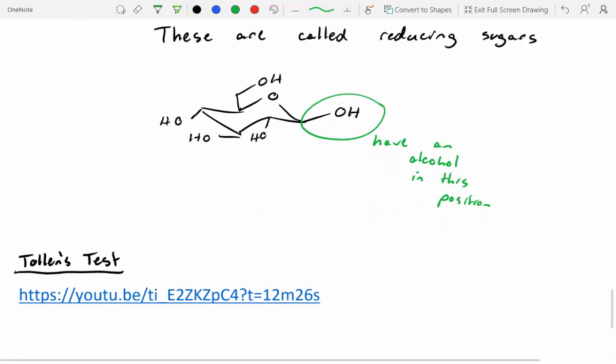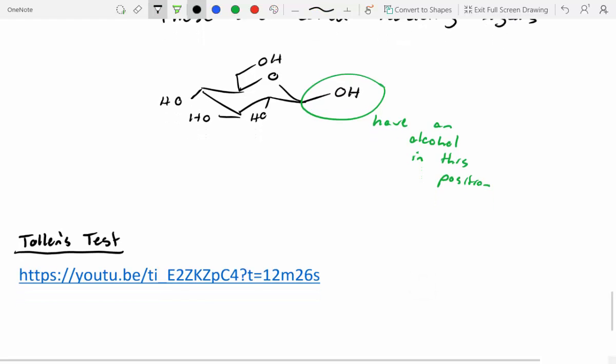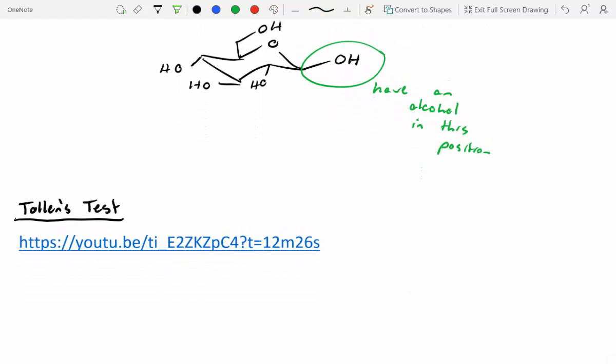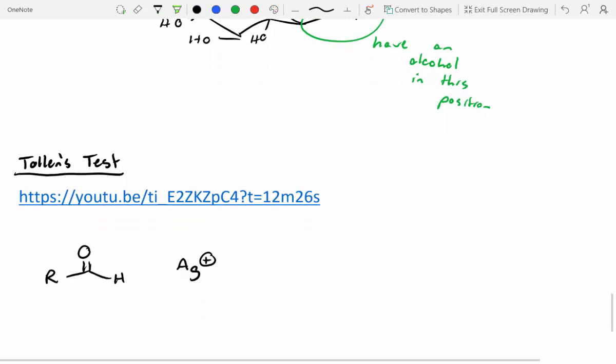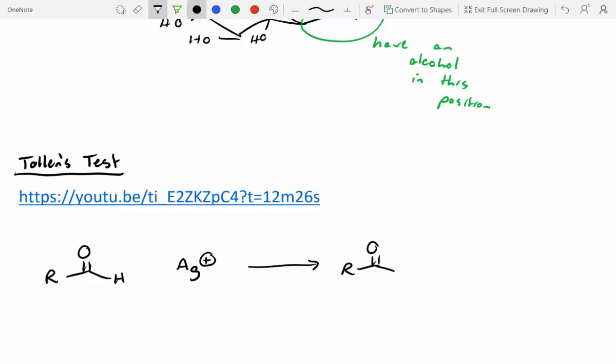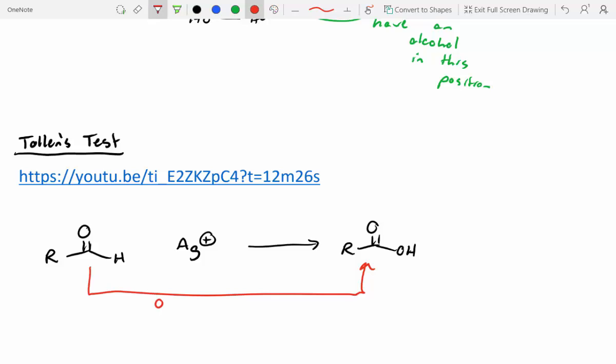There's a really cool test that I like to show people in a lab setting, but we don't have the equipment here for it right now. It's called the Tollen's test. And in the Tollen's test, what you do is you take an aldehyde and you treat it with a silver salt, specifically silver plus, and you're going to convert this into a carboxylic acid. And if you think about this, right, this was oxidized,